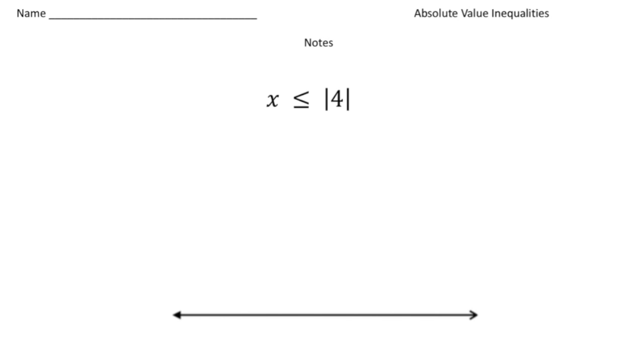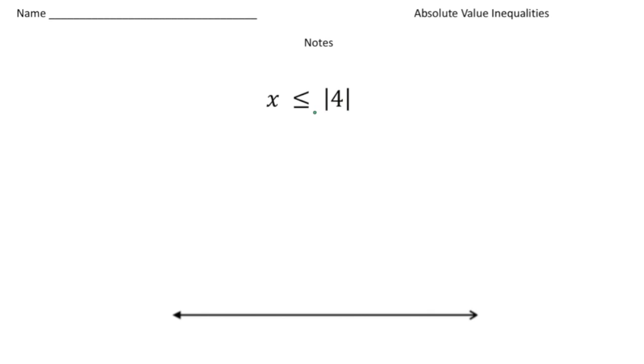Alright, so our first problem we have is x is less than or equal to the absolute value of 4. Okay, so let's think of a value that would make this true. Say if we had the number 2. Well, 2 certainly is less than or equal to the absolute value of 4, which is 4, right? How about negative 2? Well, negative 2 would also be less than or equal to the absolute value of 4,